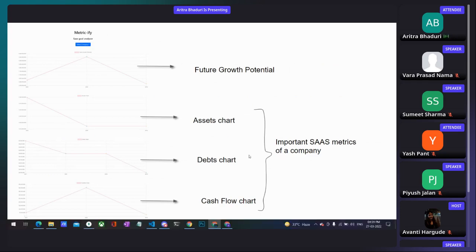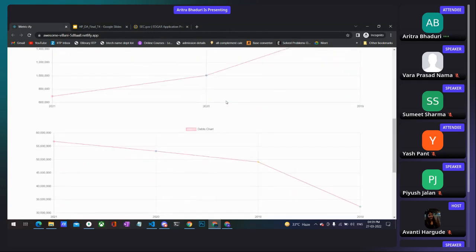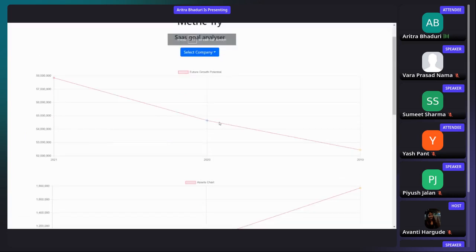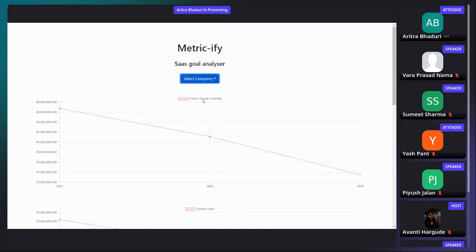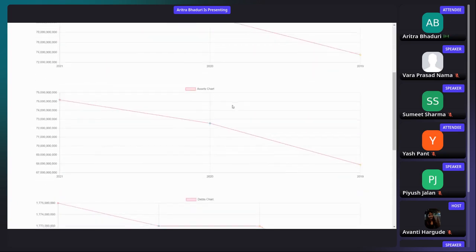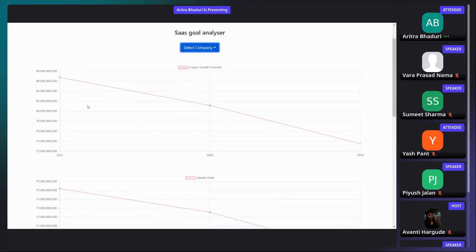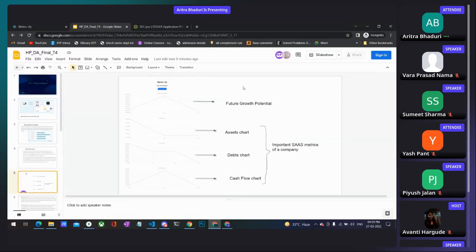I would like to show one of the sample metrics in our app. Here we can select a company, and the charts will render for that company. We have four charts here: the future growth potential, the assets chart, the debt chart, and the cash flow chart. We have displayed the charts for the last 3 to 4 years for each of these parameters. So, going back to the slide,